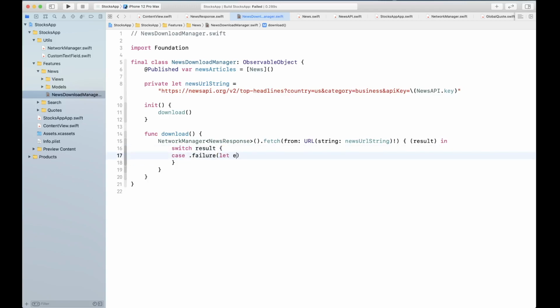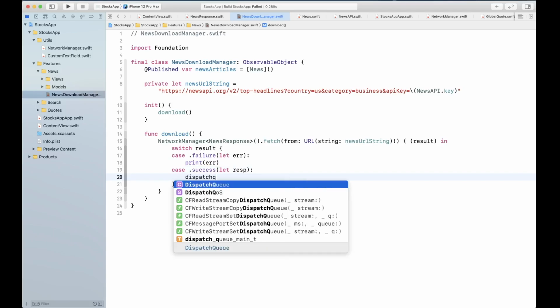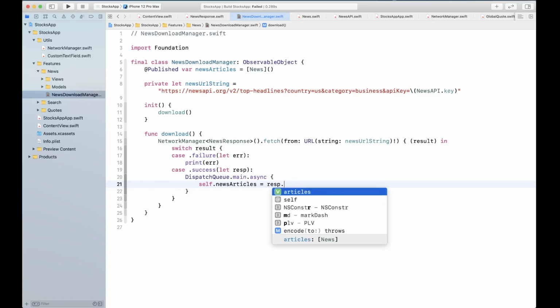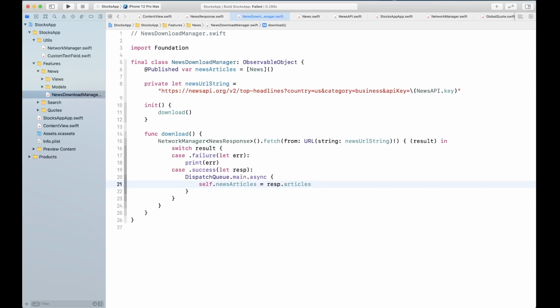For failure, we're going to print the error. For success, it's going to be response, and we're going to dispatch queue on main async, and say self.news articles is equal to response dot articles. Okay, so that is how we are going to be able to download the news articles via news API.